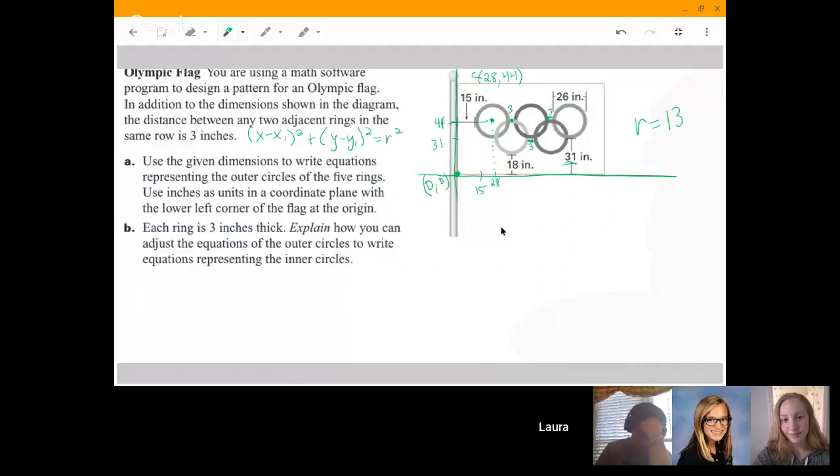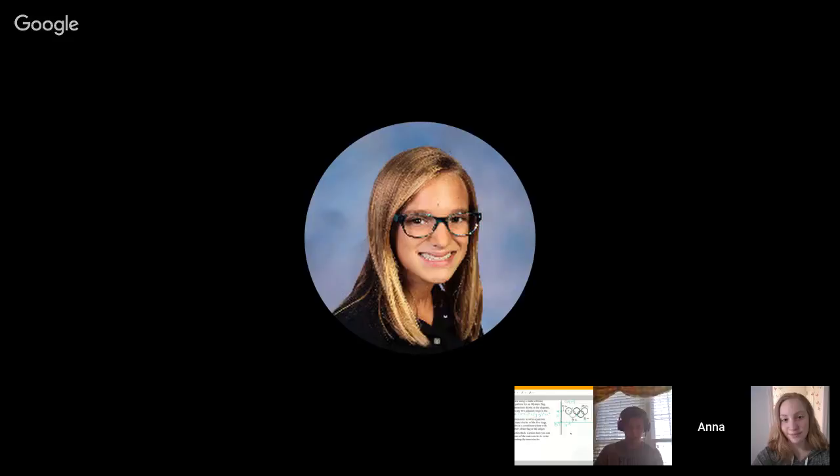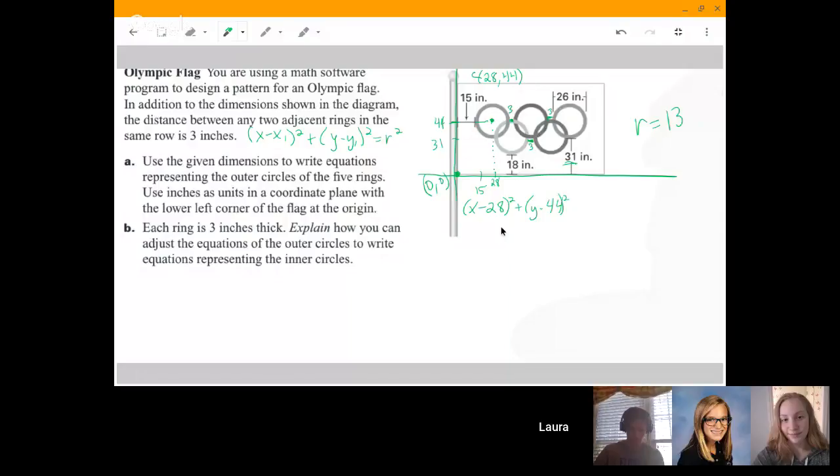So we can plug in now because we have a center and we know the radius. What would the equation for the top left circle be? X minus 28 squared plus y minus 44 squared equals 13